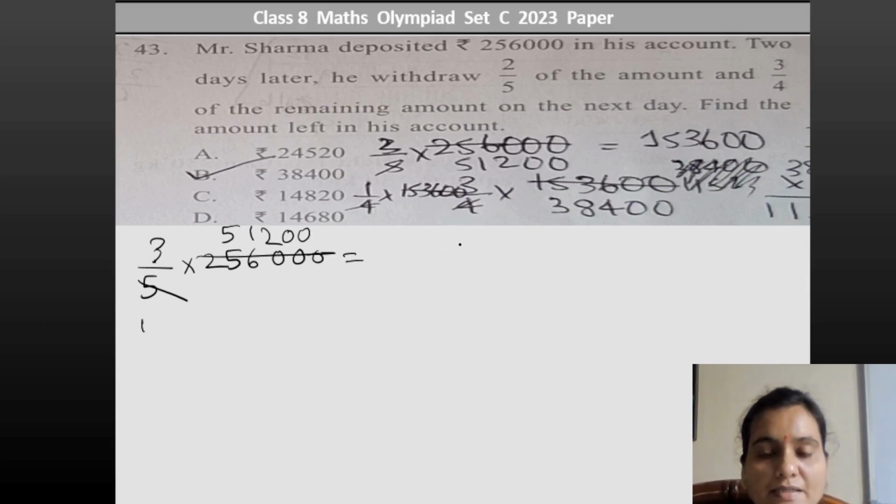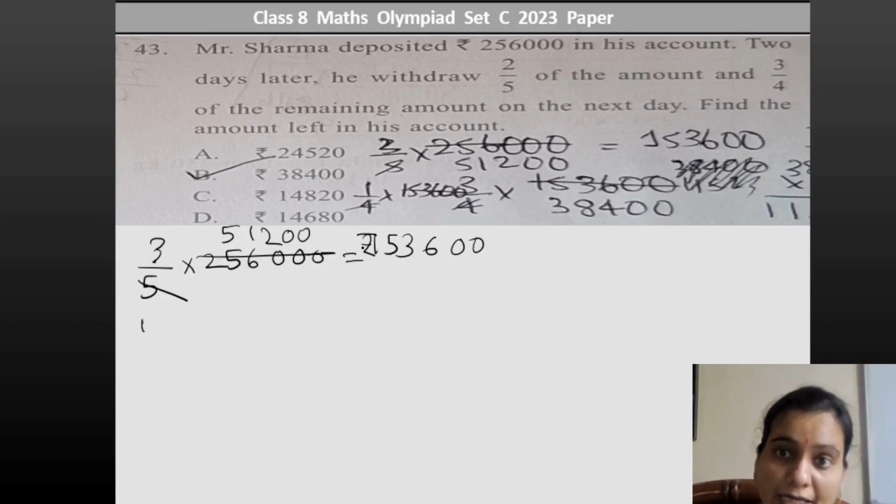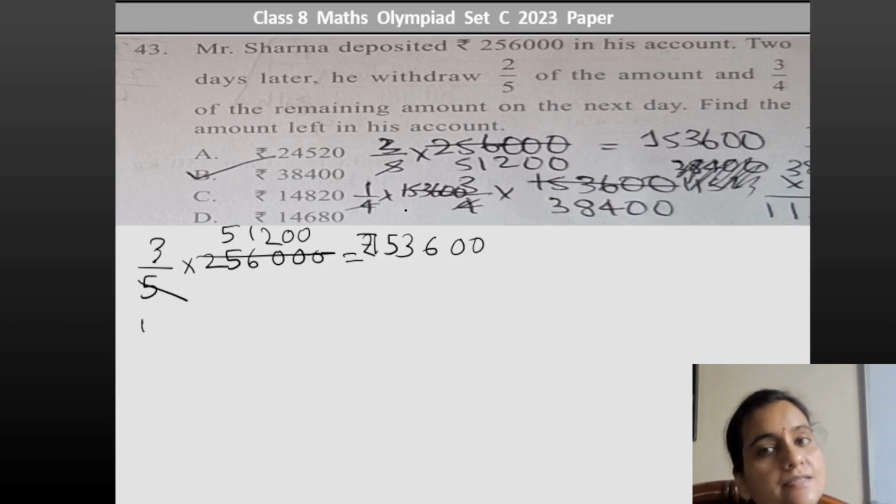Now we'll multiply this, 0, 0 will come here, 3 twos are 6, 3 ones are 3, 3 fives are 15. This is the amount that is left in his account, right? After he has removed 2 by 5. Now from this again he is removing 3 by 4. So 3 by 4 into